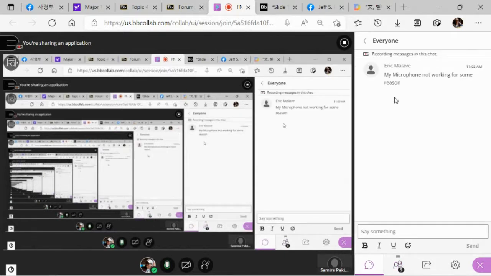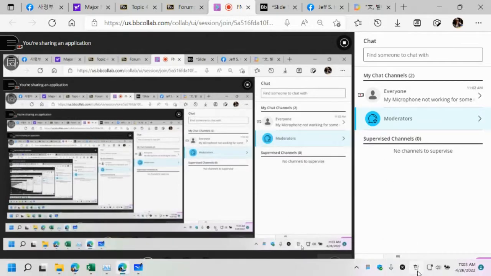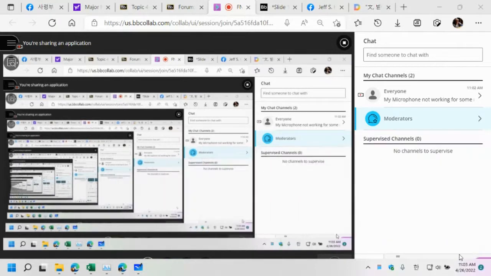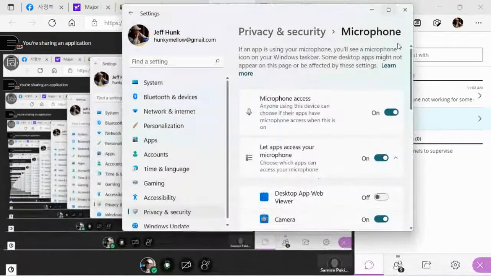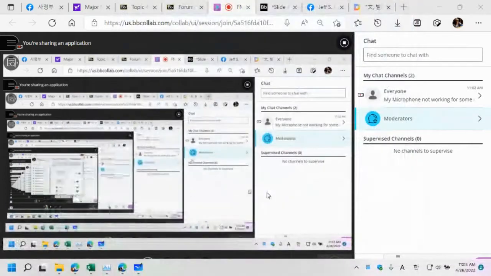Okay, Eric says microphone is not working for some. Well, okay, try to fix it. I guess you gotta check your audio volume. Check microphone, right? Make sure your microphone access is on like this. Anyway,